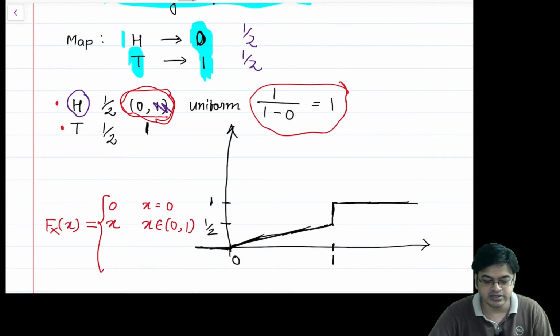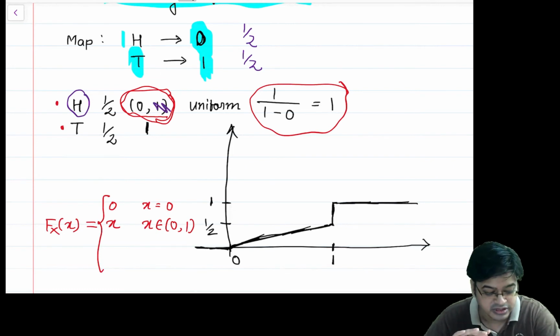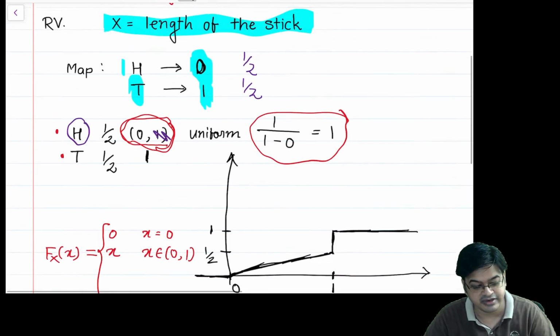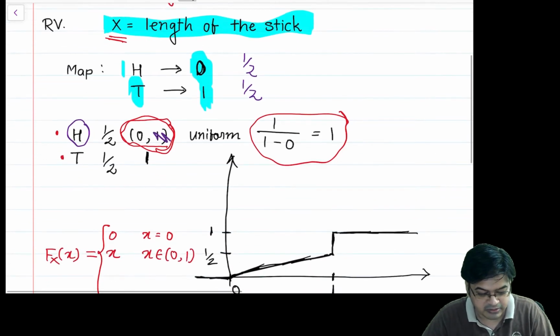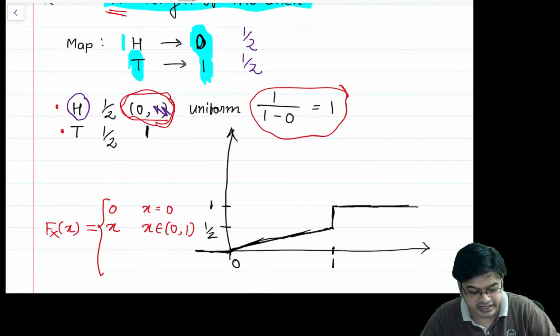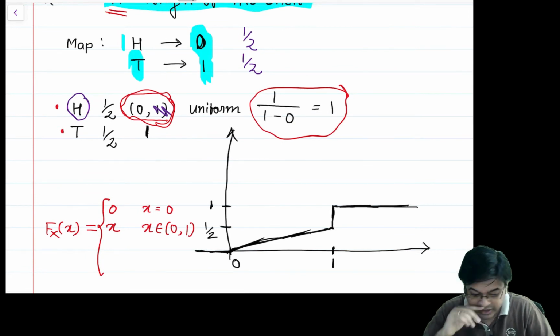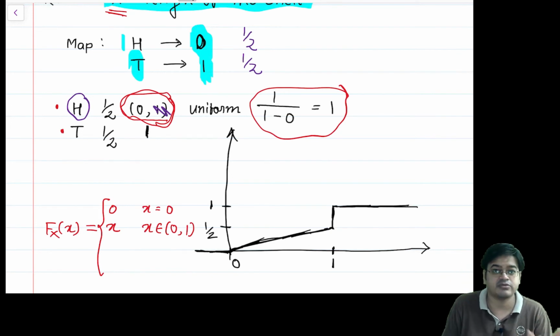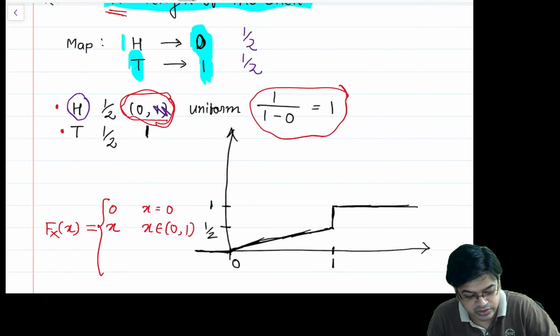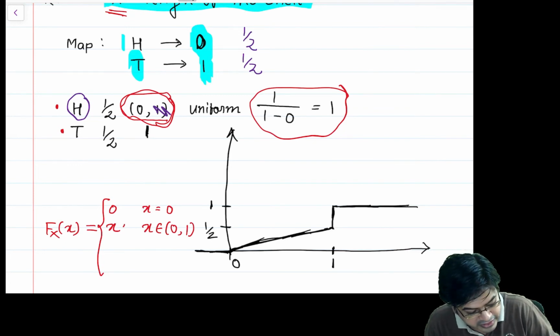F_X(x) is equal to x for a uniform distribution, but my random variable X is not a uniform random variable. It's actually a mixture of two kinds of distribution. Up to less than 1, it will take value x, but the probability mass associated with this, because head will come only half of the times, cannot go to 1. It will go to x by 2. Okay,